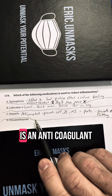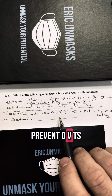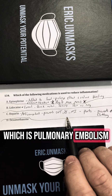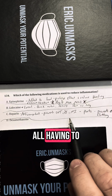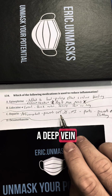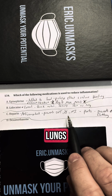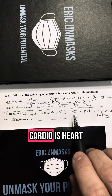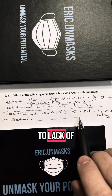So your heparin is an anticoagulant, which means it prevents clotting. It's used to prevent DVTs, which is deep vein thrombosis, or PE, which is pulmonary embolism, or an MI, which is myocardial infarction, all having to do with clotting issues. A deep vein thrombosis is a deep vein clot. Pulmonary embolism, clotting in your lungs. Myocardial infarction is myo is muscle, cardio is heart, and infarction is tissue death due to the lack of blood